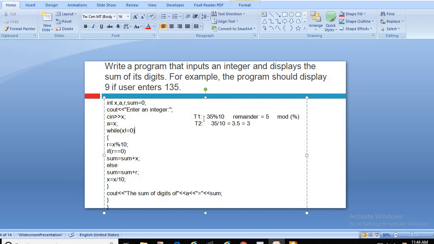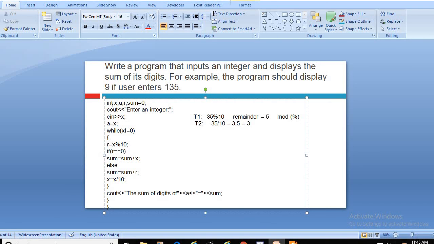Now it is very easy that if the value of t1 is 5 and t2 is 3, then you can add both the values, and 3 and 5 it is 8, and that is in fact the result of this one. So similarly 135. So first step is to find out the mod of this one, and second is how many times the table will be calculated to attain the 135. So the same approach is in fact written over there.